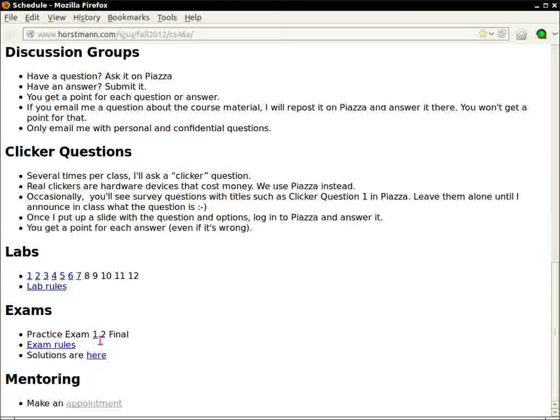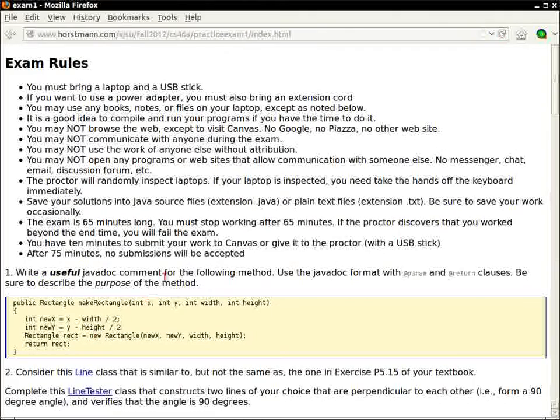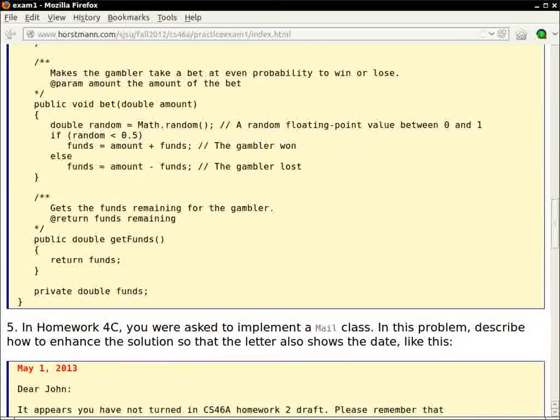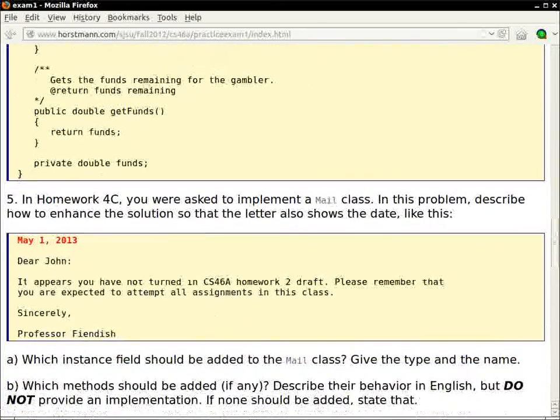Practice exam is here. All right, so we want to print out the date in every letter. So which instance field should be added to the mail class? This is in 4C.